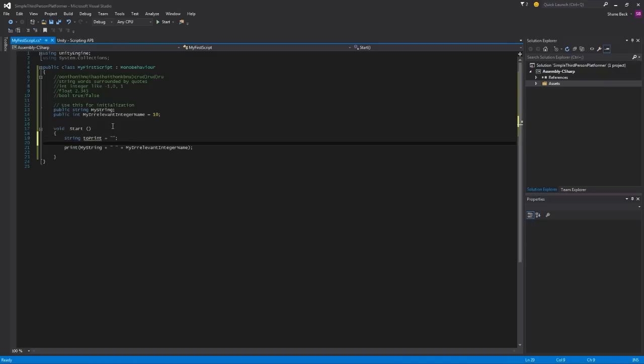Now, what the equal sign means in C# is basically take the value that's on the right and assign it to the variable that's on the left. So right now, toPrint, hold on, let's comment this out. Again, commenting makes it so that something isn't doing anything anymore. And if we hit print toPrint,